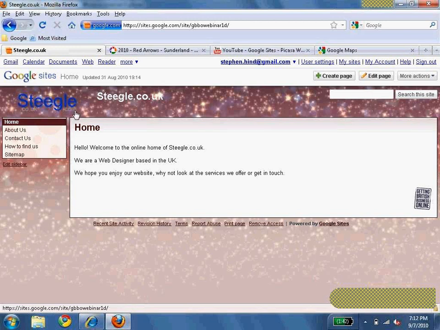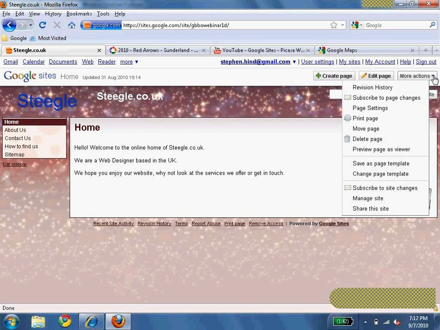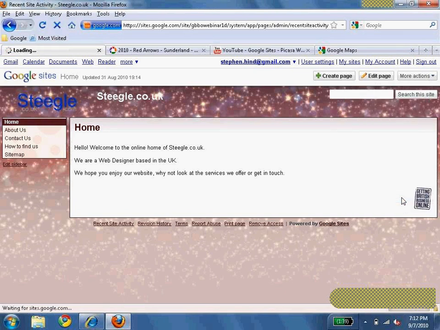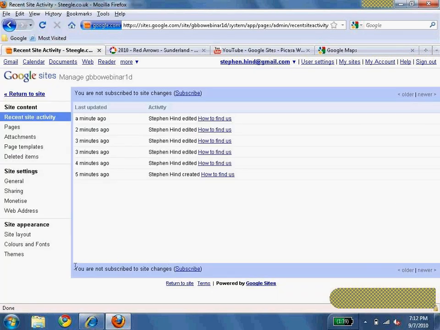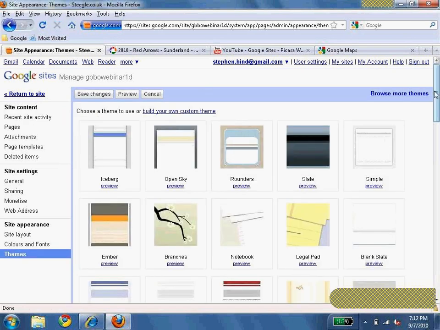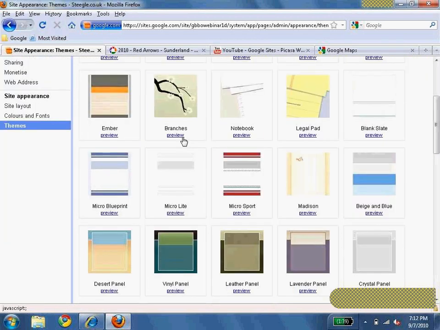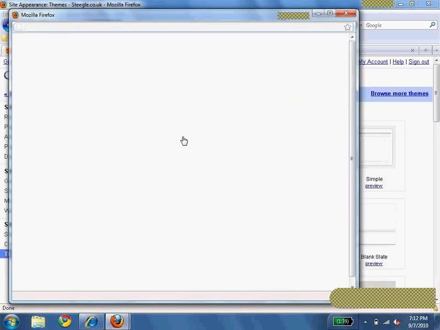Now it brings us on to changing the theme of your site, because as you can see there, I've added the logo, and it doesn't really work with this colour scheme. So now we can change the theme of the site to make it more acceptable. So then use the More Actions button, and go to Manage Site. Once you're in the Manager, this time you need to go to Themes underneath Site Appearance. There's 56 themes here you can choose from, and you can choose any theme you like and preview it first. So for instance, if you wanted to preview the branches theme, click on the preview link, and this shows how your site would look